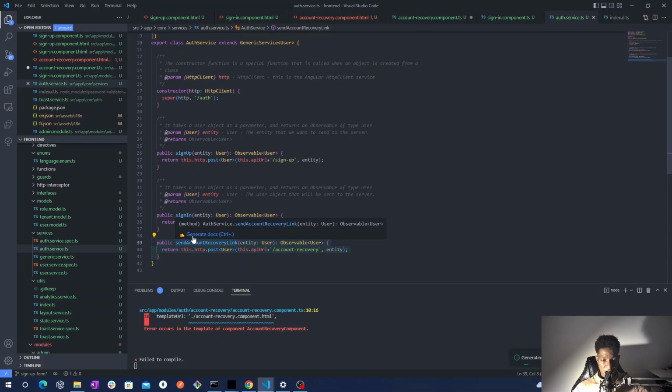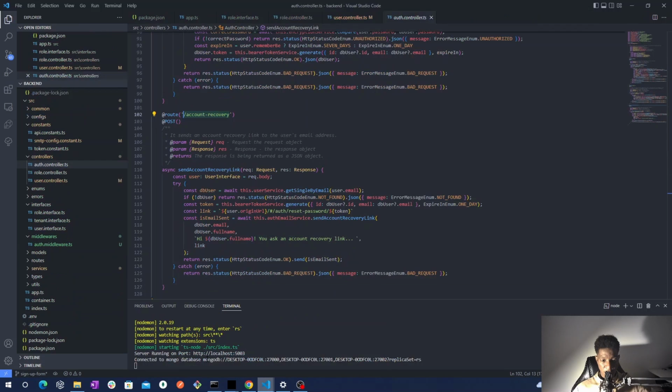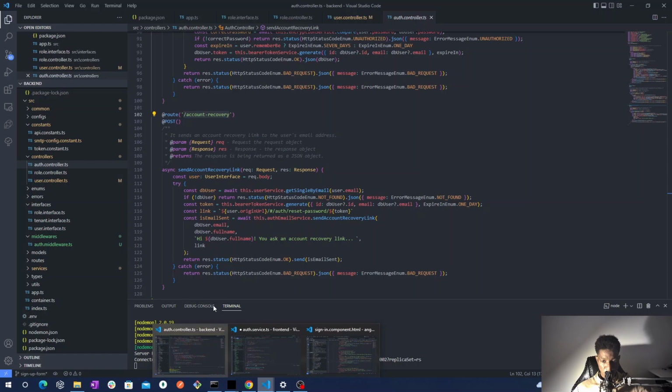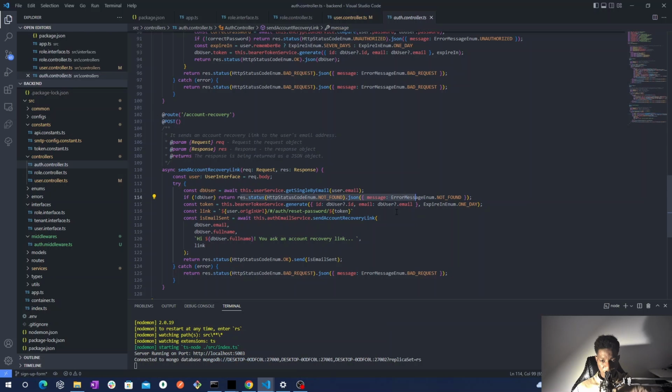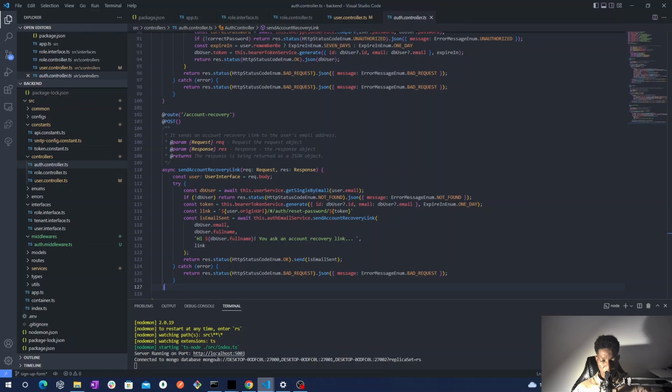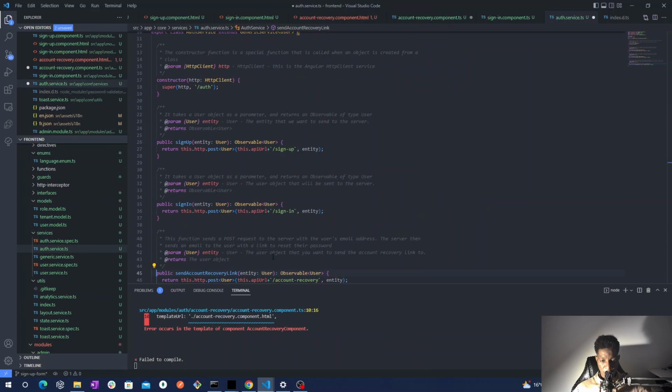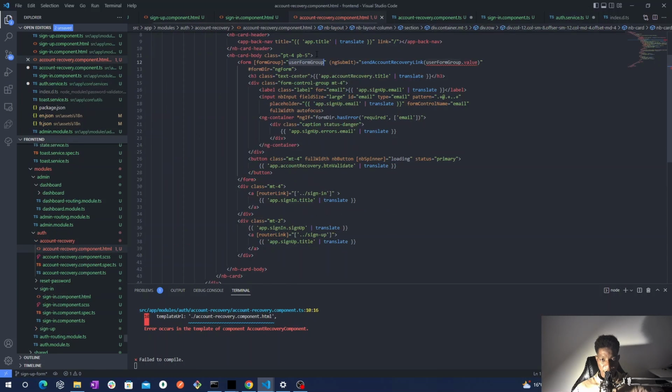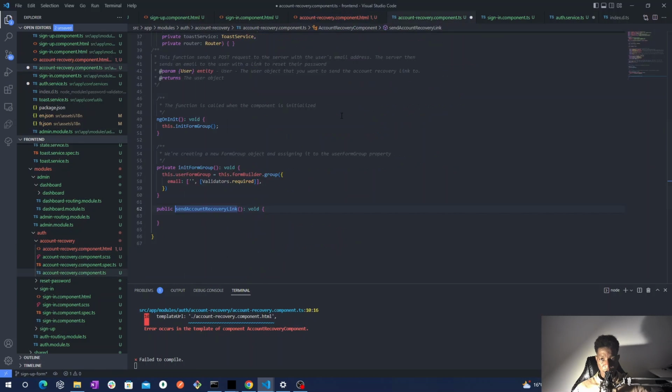I think this is actually a post method. Yes. And if you have not found, we need to handle and manage the error message. So basically what we have here is user